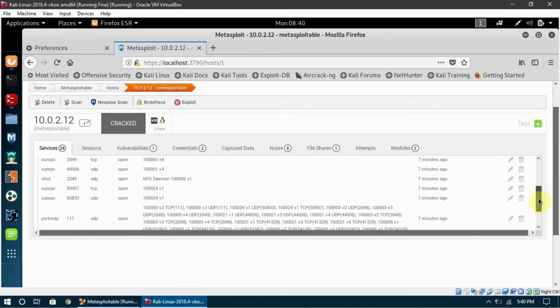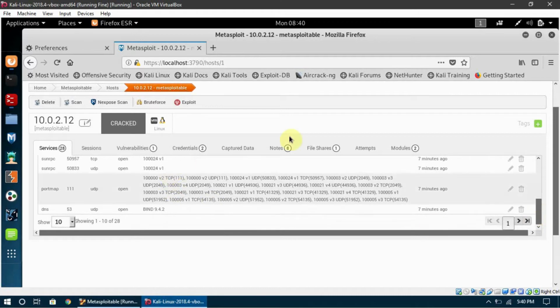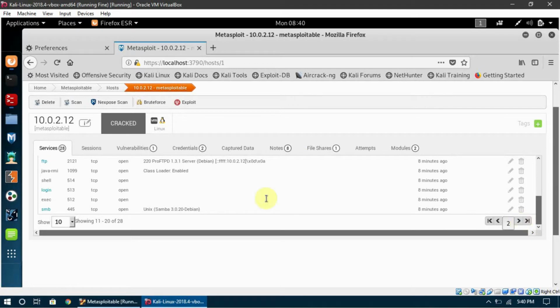So if we keep coming down, you can see that there are some more options available here. You can click here and it will move to section 2.